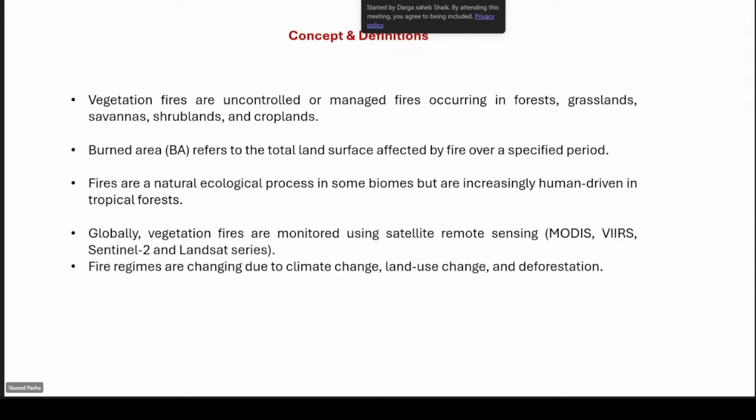So there are certain satellites and sensors used for vegetation fire monitoring using remote sensing. One is MODIS, another is VIIRS, and the third is Sentinel-2 and Landsat imagery. Fire regimes are changing due to climate change, land use change, and deforestation.